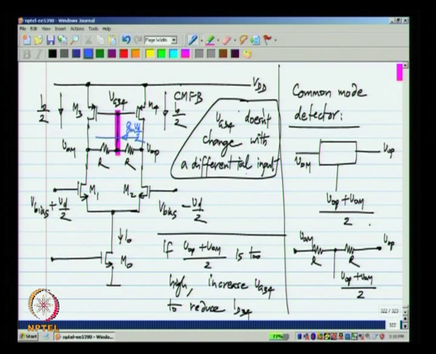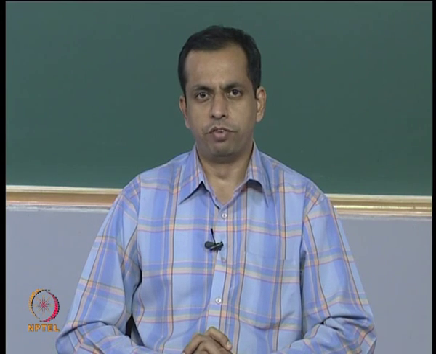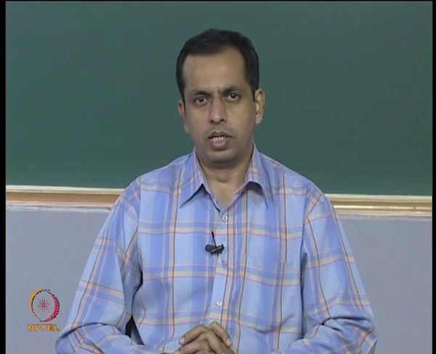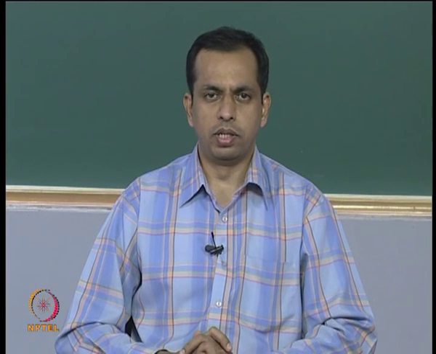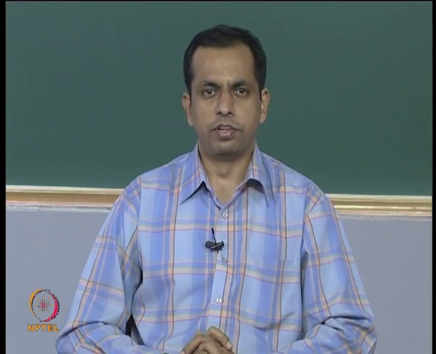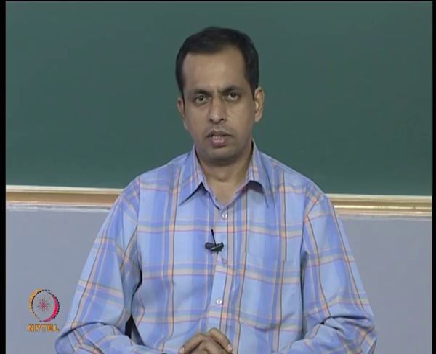So, the upper transistors M3 and M4 behave like constant current sources, and because of negative feedback their sum is adjusted to be exactly equal to the value of the tail current source I naught. And we need the negative feedback because there would be no other way to adjust their values to be exactly equal to the tail current source. So, a fully differential op amp needs common mode feedback.